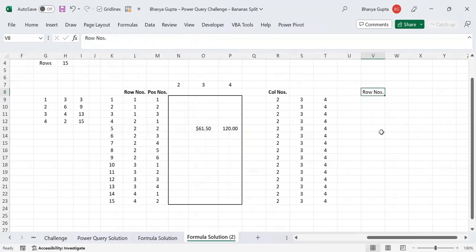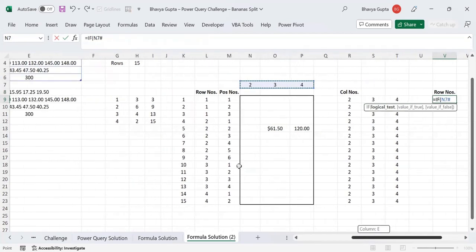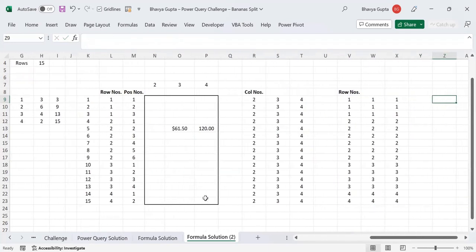Row numbers. For row numbers, we can write equals to if this is true, and this is always going to be true because column numbers are always going to be greater than 0. Right? So this is always going to be true. Then we want this as a result. So we got this in return. And then what we want,